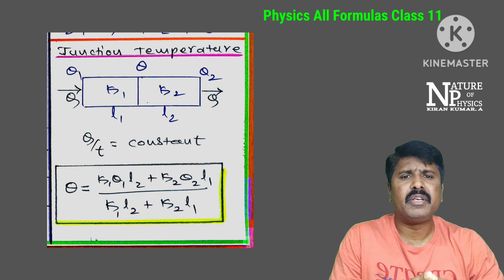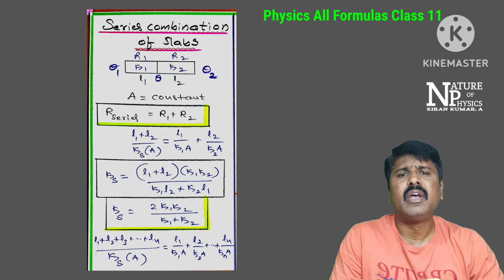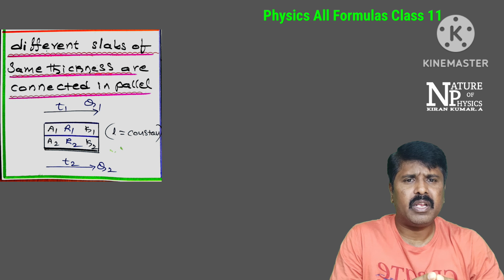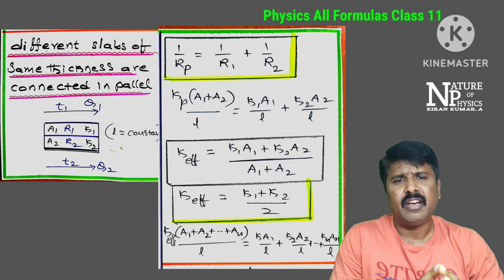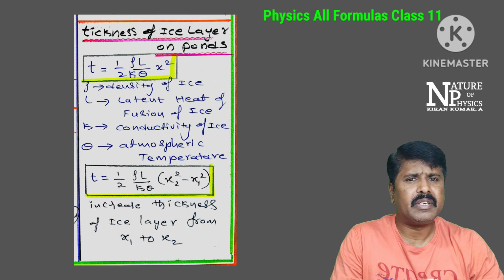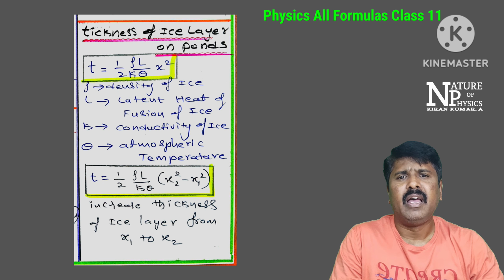And also series combination, okay, effective resistance. Okay, coefficient of thermal conductivity related formulas also clearly given. After that, parallel combination of the slabs and coefficient of thermal conductivity for parallel combination also step by step clearly given, and also applications clearly given, student. And then next we are going to discuss the thickness of the ice layer on the ponds in the cold countries. Also two formulas including formula explanation are given, student, and emissive power and Wien's displacement